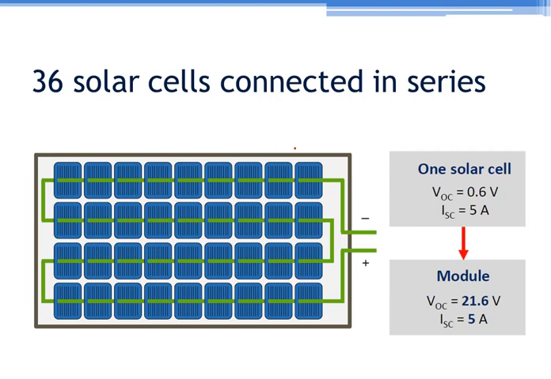If 36 solar cells are connected in series, one solar cell has a specification of 0.6 volt open circuited voltage and short circuited current of 5 amp. Now let us see if we connect these 36 solar cells. Here you can see that on each row there are 9 cells, so in total there are 36 cells, and we are connecting one end of a cell to another end, so they are connected in series, and finally here we get voltage.